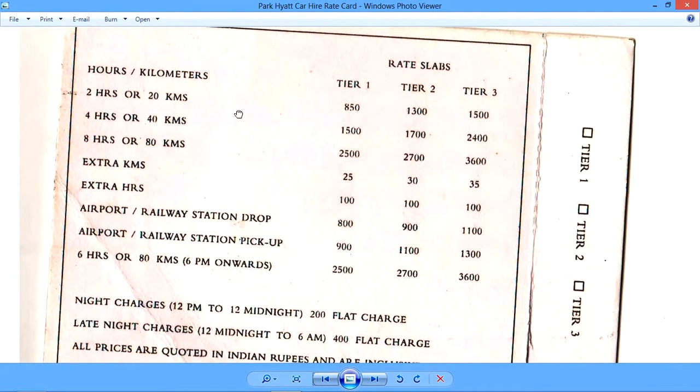Revenue. So I'll use the pen once again. Here is whether in hours or kilometers, and like we saw here, tier 1, tier 2, and tier 3. So there are three types of rates, and then different permutations and combinations in which the car can be hired.